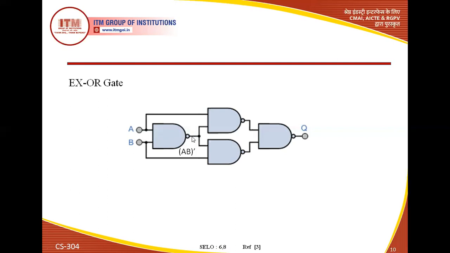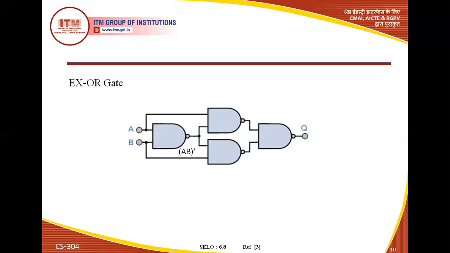At that time we can see here that A and B are the input of this NAND gate. So we are getting here (A dot B) whole bar. Since I have put a dash here, just imagine that this is the bar. And similarly, for this NAND gate, the input will be (A dot B) bar as well, and similarly A is coming from this direction. So at that time we are getting the output A into (A dot B) bar, whole bar.